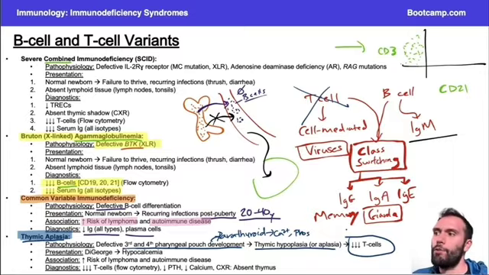Again, I don't want to get too off track. But the point here is if I have a patient that has very low T cells, but completely normal B cells, I might be going straight to thymic aplasia here. Now you might be saying, well, in SCID though, you can have very low T cells. And again, that's true, but the difference in thymic aplasia is